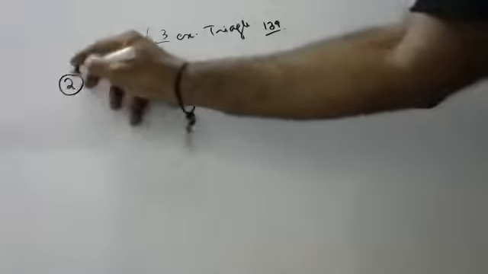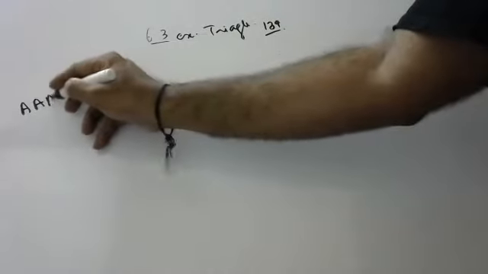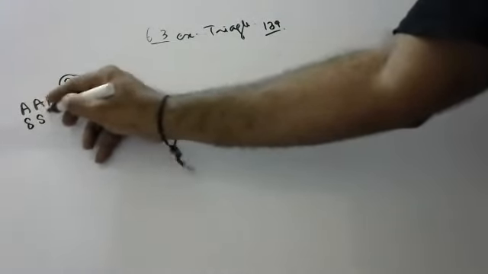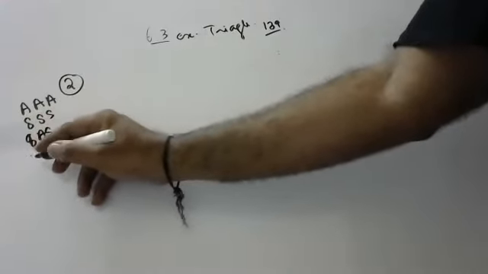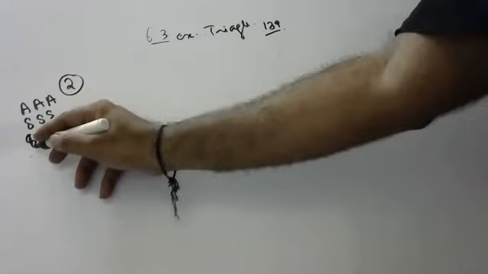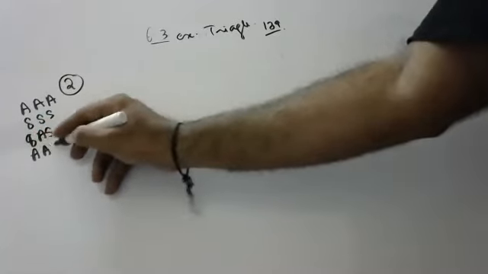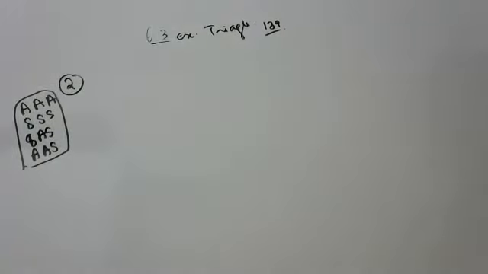Second sum onwards, I will be telling, children. The first sum is very easy. It is just asking which criteria you can say. On the whole, children, what are the criteria we are going to use? Either AAA, SSS, or SAS, that's it. Only these criteria we are going to use, children.